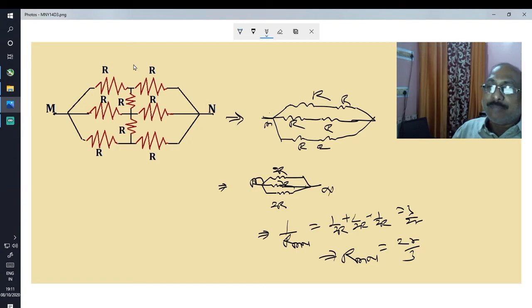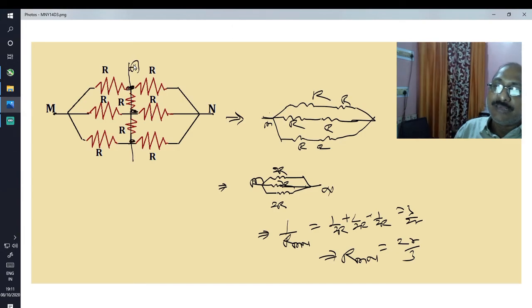When we draw the perpendicular axis of symmetry, then the potential of this one, potential of this one, potential of this one become the same. Therefore, the potential being the same here, no current flows between these two resistances. Therefore, we remove these two resistances. When we remove these two resistances, then it is converted into this form, because these two resistances are connected in series. Therefore, R plus R will be 2R, this will be 2R, and this will be 2R.